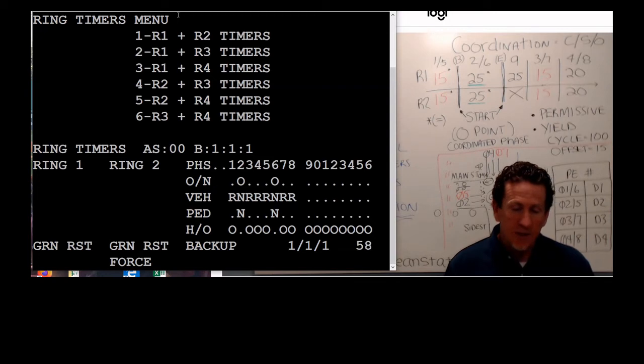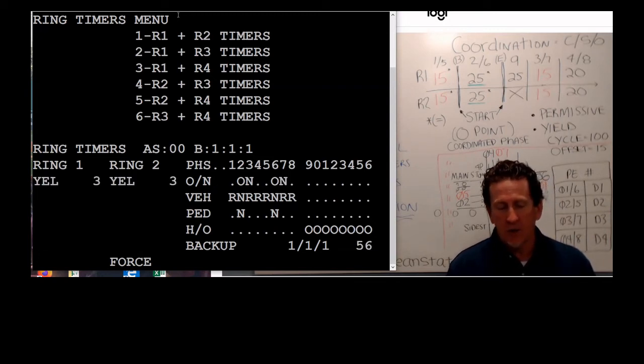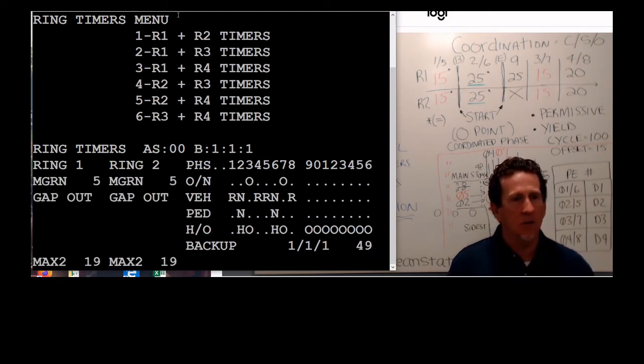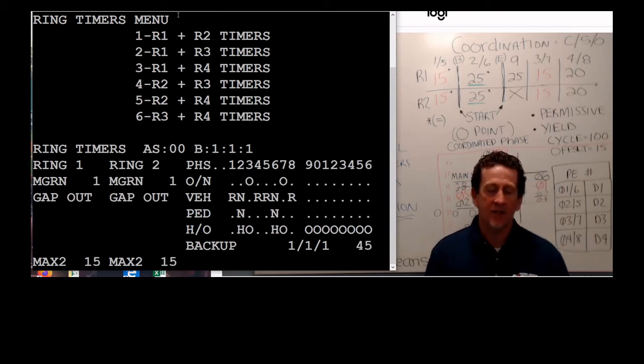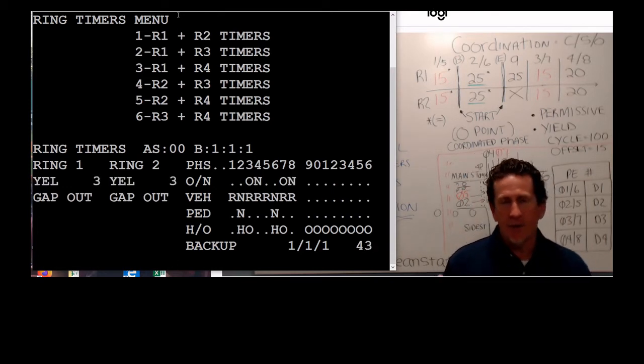Then you have the next line, which is vehicle. So that shows recalls, next, vehicle calls. Same thing with the line below it, which is PED. The PEDs, that'll show the calls if you have PEDs coming on next. And then this bottom line,